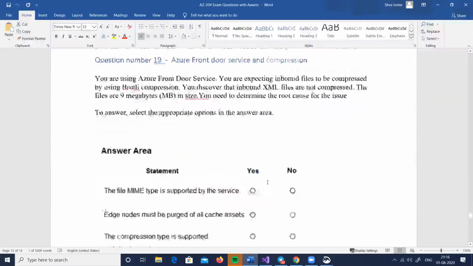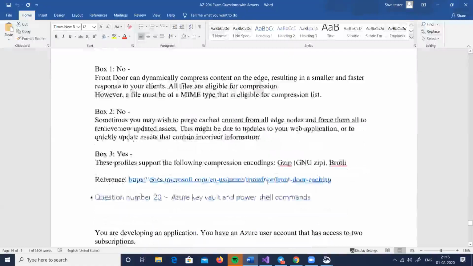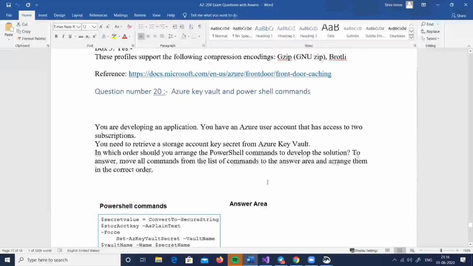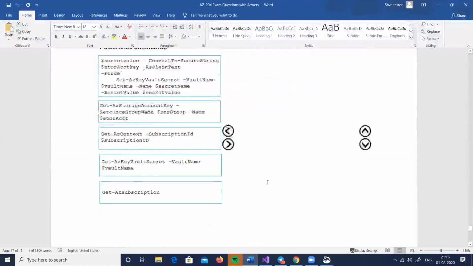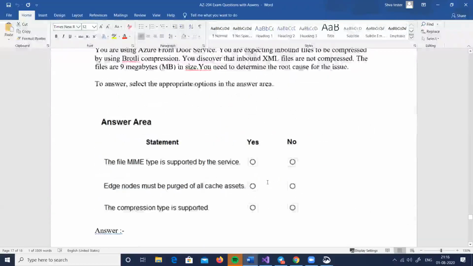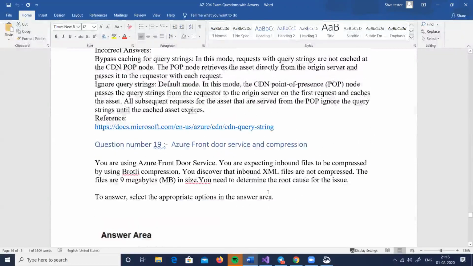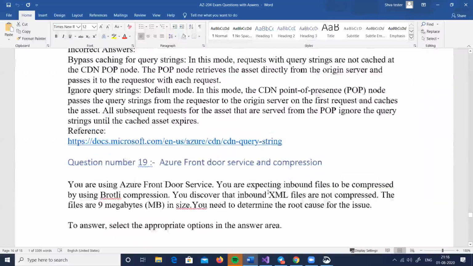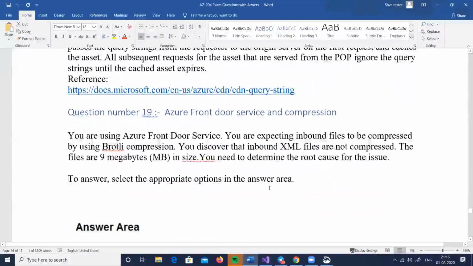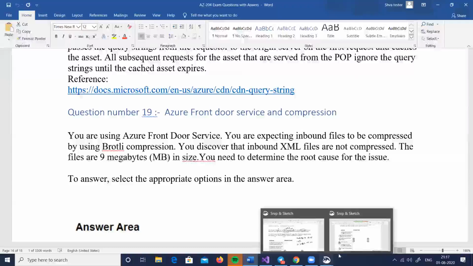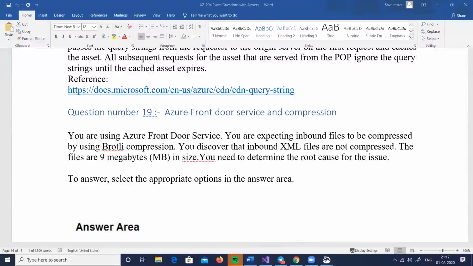Today, let me take up something more interesting, which is the Azure Key Vault I can take, or Azure Front Door Service. That's a very interesting service. So here is a question, right? First thing, let me explain what exactly is Azure Front Door Service. If you go and look on the web,